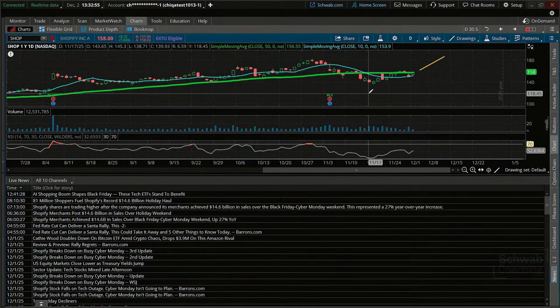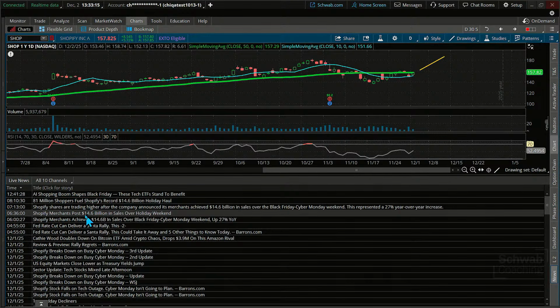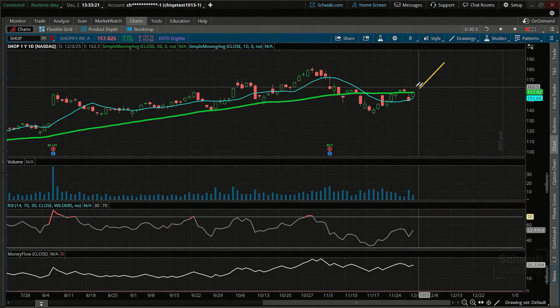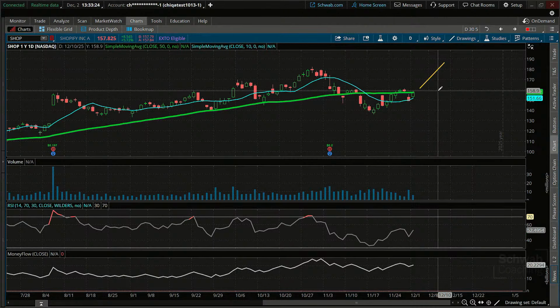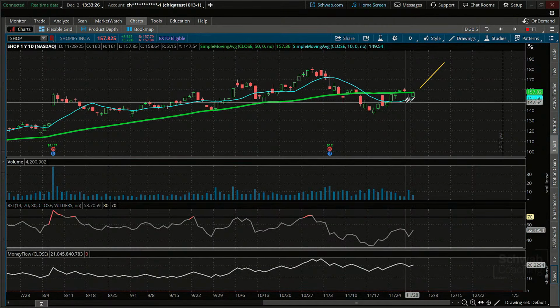And this is kind of interesting because you're getting this at the first part of December, the possibility of a bounce that was pulled up through that script. So we're not recommending any stock or this particular stock, but we're just saying whatever you're looking for, sometimes retail can rally to the end of the year. It doesn't have to, but look over here with me. Shopify merchants posts 14.6 billion in sales over the holiday weekend. So it was probably a decent weekend, and maybe that's where you're getting some of that interest right there. Holding right at the 10-day moving average.